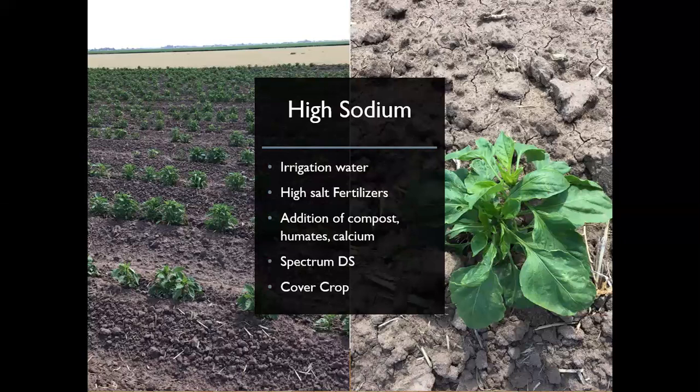This is what we have to do in order to get water penetration within that. But if you think about that, in June, July, August, we are not building microbial communities within that soil environment. We have sealed off that soil. The temperature is too hot. It's too dry. So anything we can do in the fall, right now, I would recommend the Spectrum DS anytime